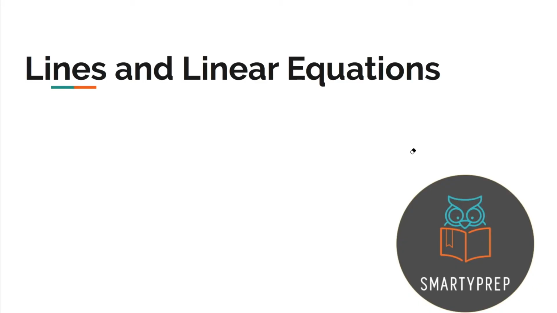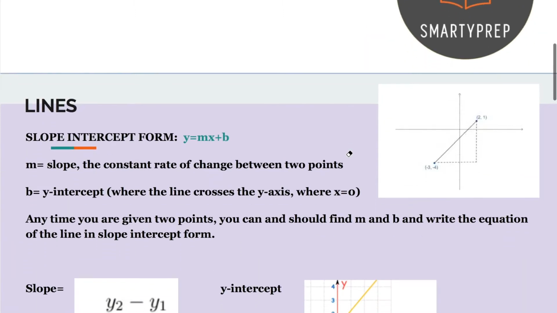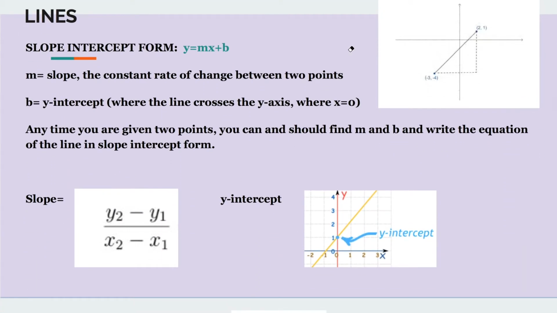Today we're going to talk about lines and linear equations. The most important thing to know about lines is slope-intercept form, which is y = mx + b, where m is your slope, so that's your constant rate of change between 2 points, and b is your y-intercept. That is where your line crosses the y-axis and where x equals 0,